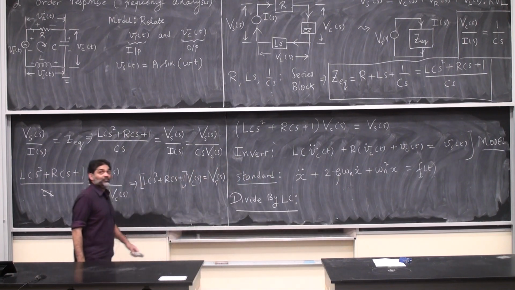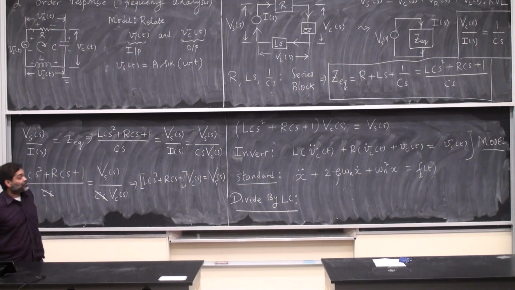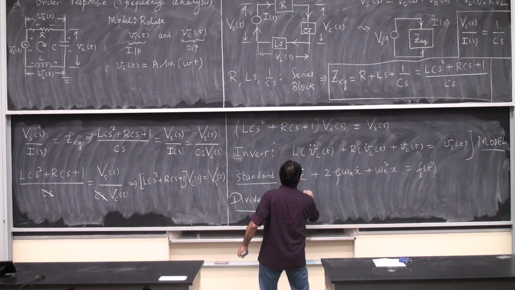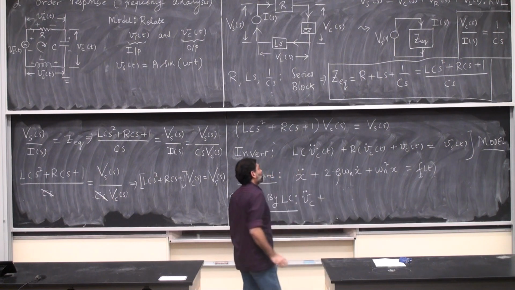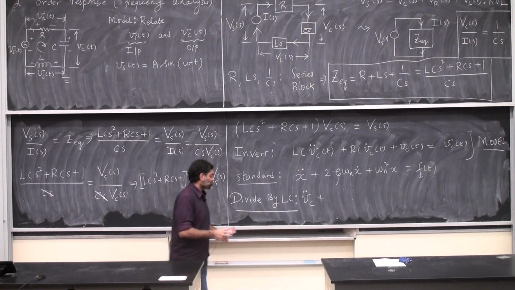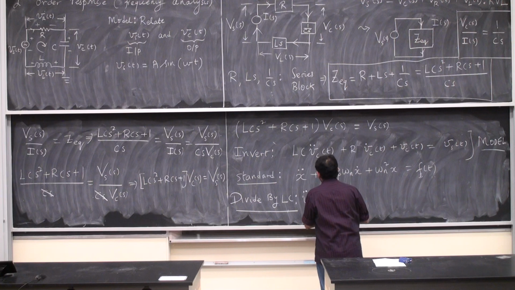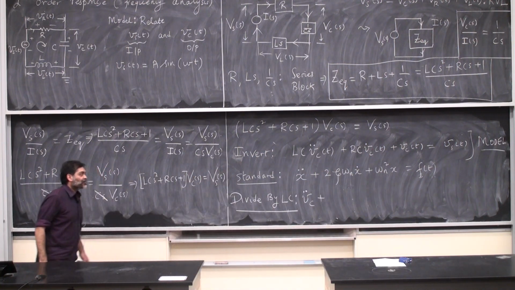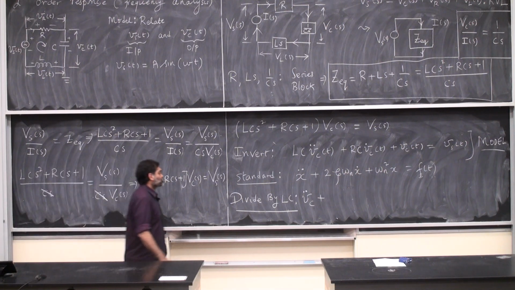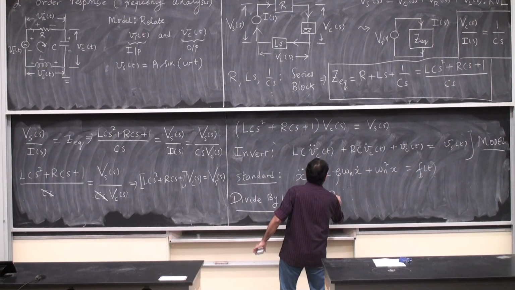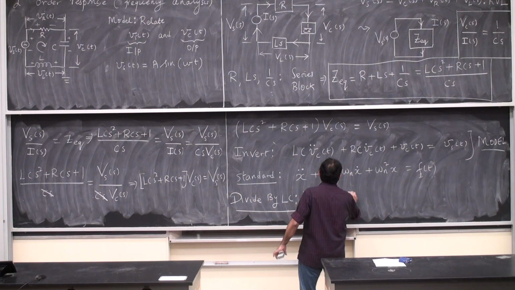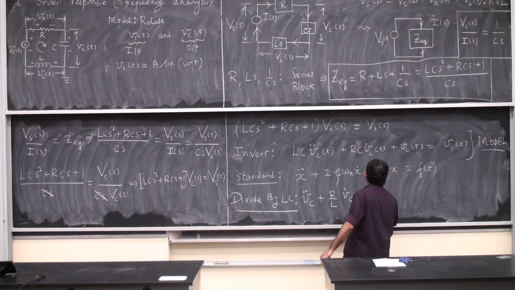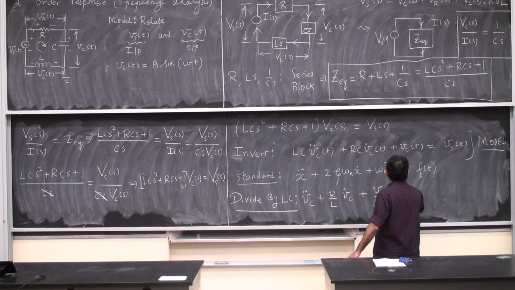And then I get the system in the standard form. If I look at it, this is now 1 VC double dot plus RC divided by LC. This is supposed to be a C, in case there was any doubt. RC divided by LC is R divided by L. So plus R by L VC dot, VC by LC is